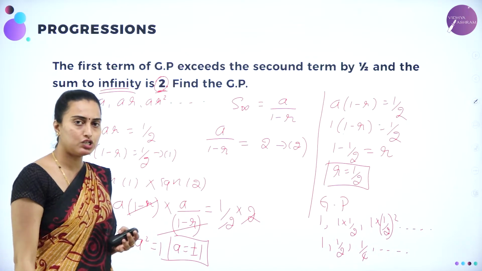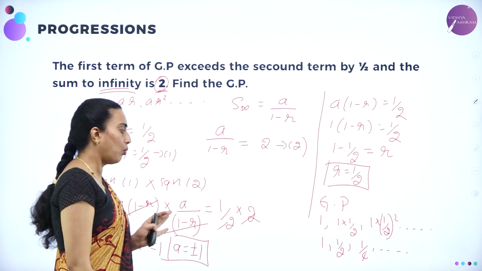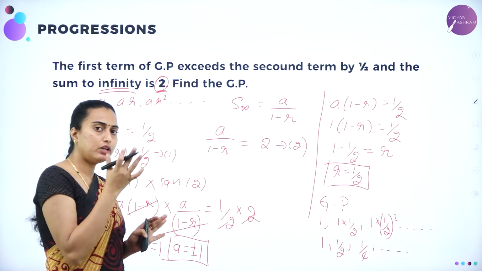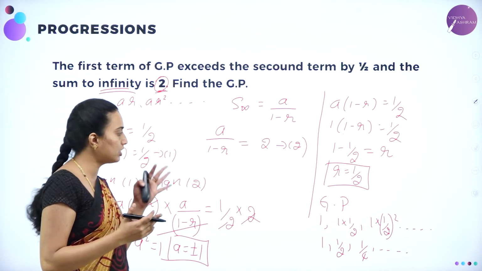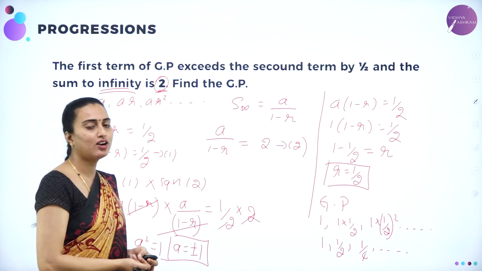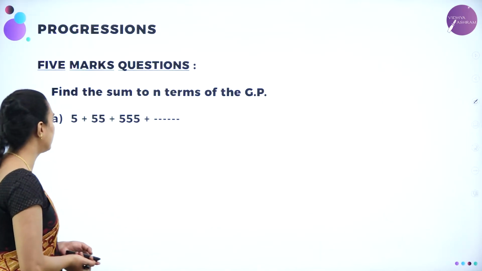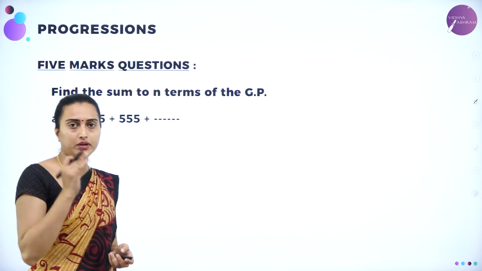You can take the ratio. You can have it as 1 by 4 divided by 1 by 2. 2 will go to the numerator, 4 will come to the denominator. The ratio is 1 by 2 only. This is your answer. I hope you got this one. We'll move on to the next problem, dears. They have given here 5 marker problems.